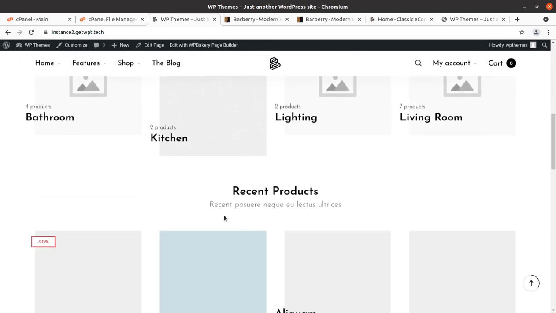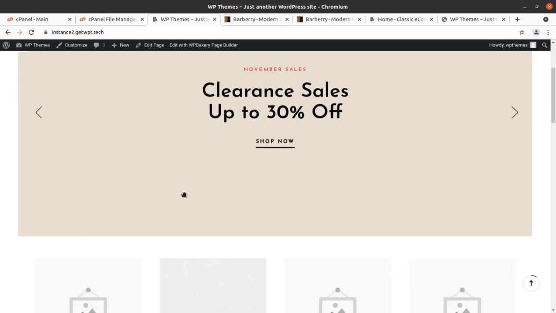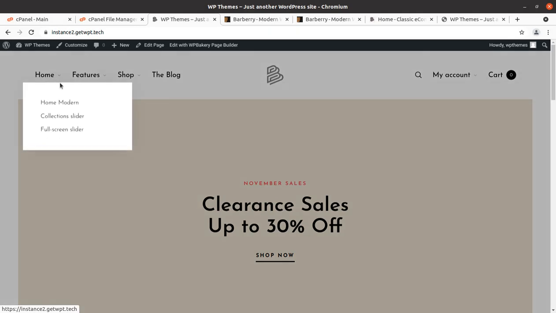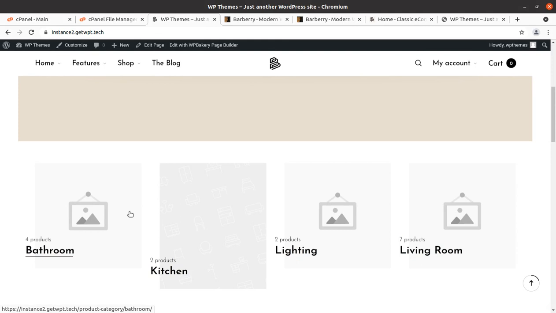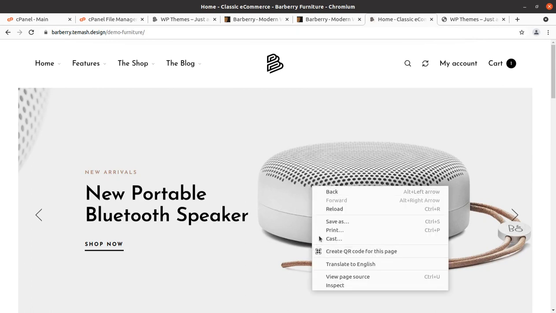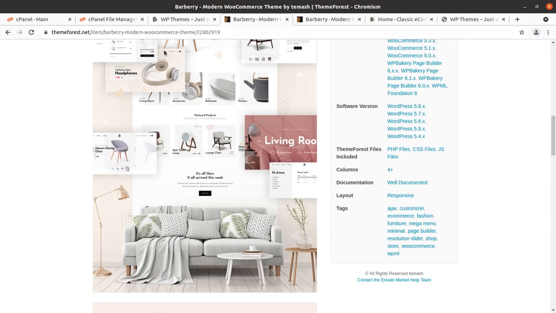But just do remember, images have not been provided in the demo content. It may be a copyright issue of images. This is why they have not been provided, but it does not matter. We finally don't need images for our website. That was only for display purposes, and we can use our own images just in case you want to. If you want to use this image, you can simply save the image and use it on your website. So I'll show you how it can be done.